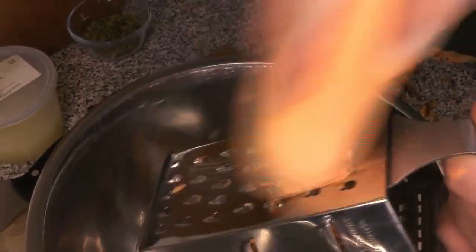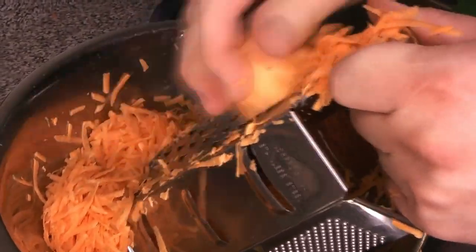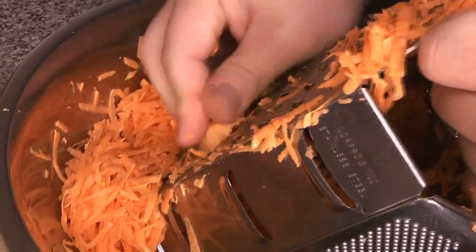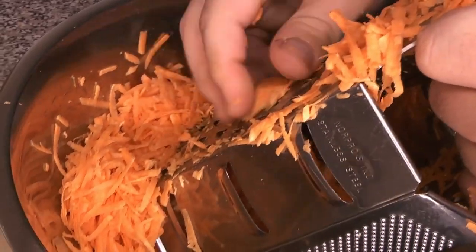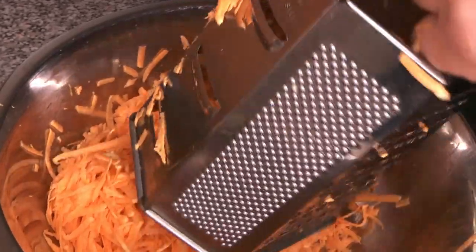Unlike we did with the potato where we left the peel on, the peel on a sweet potato is really tough and fibrous. You don't want to leave that in, so we're going to make sure this is peeled and we can get all of that off. As we did with the regular potato rosti, we are going to shred the potato again. Now, it is a little bit tougher. It's quite a bit more fibrous, so you do have to give it a little bit extra elbow grease to get it grated properly. You can also use a mandolin for this. That is just fine. It's going to change the texture a little bit, but if you prefer that, it'll work just fine. So once you've got your sweet potato all nicely grated,